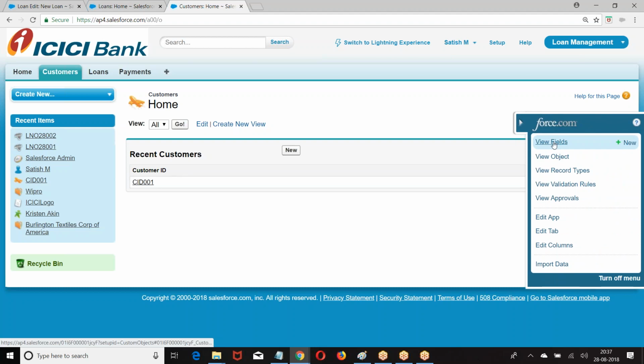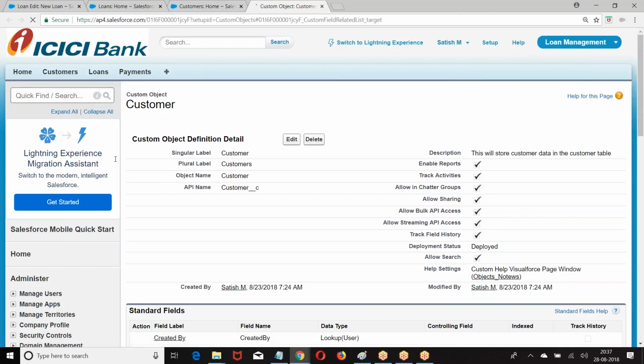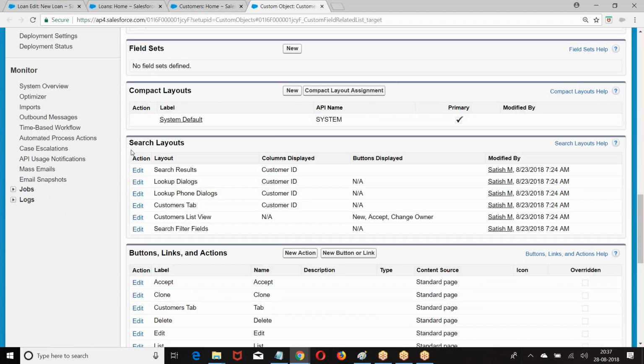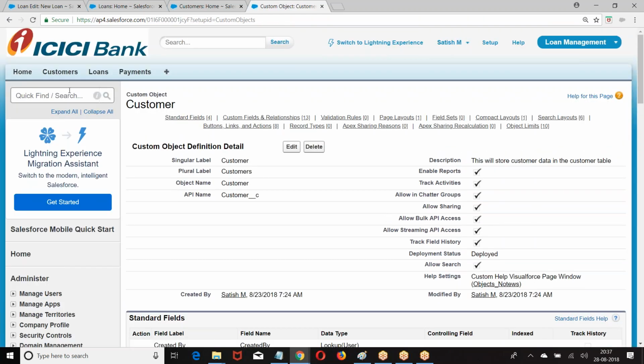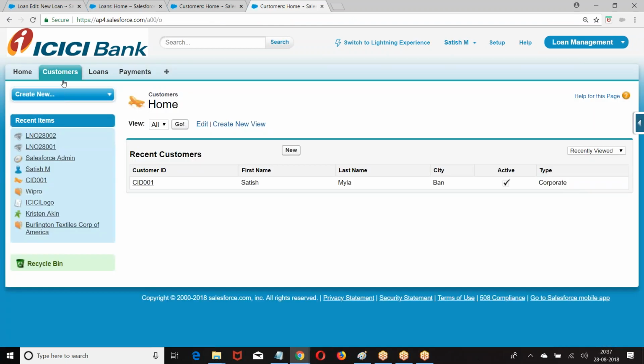Go here, view fields, search layout, customer tab. Right? This is how we are doing it. I hope you are good with this.